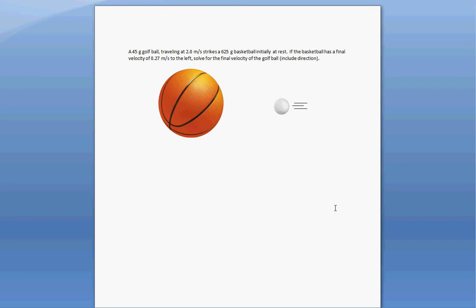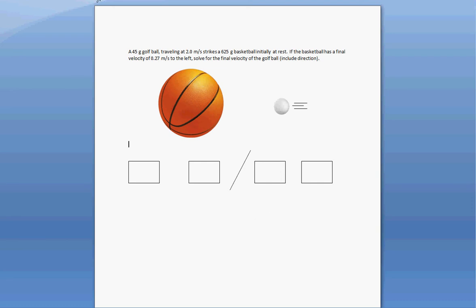Here we have a golf ball heading towards a basketball, and we're going to solve for the final velocity of that golf ball after the collision. The first thing we're going to do is redraw this picture in a simpler format. Instead of golf balls and basketballs, we're just going to draw boxes. These boxes represent the basketball and golf ball before the collision,